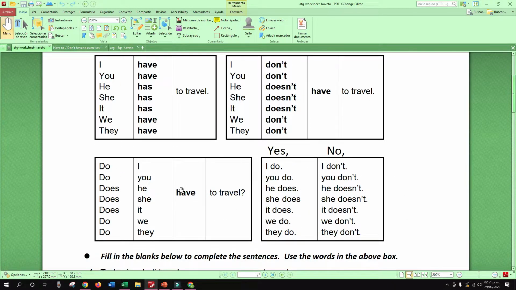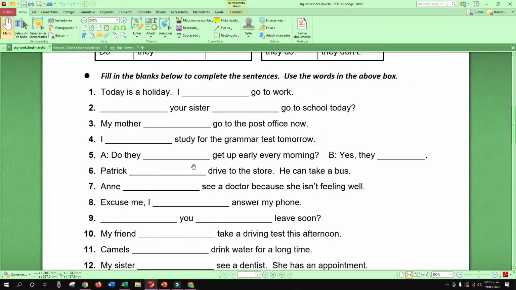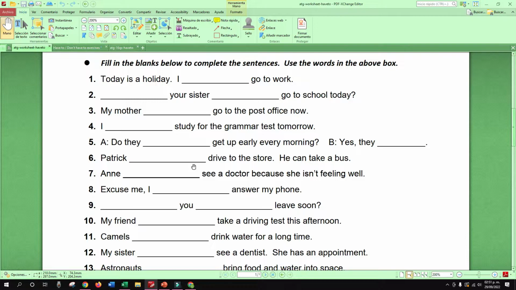This is like a review about the grammar structure of have to and has to, right? So right now I want you to fill in the blanks below to complete the sentences. Use the words in the above box, right? First you have this one. Let me